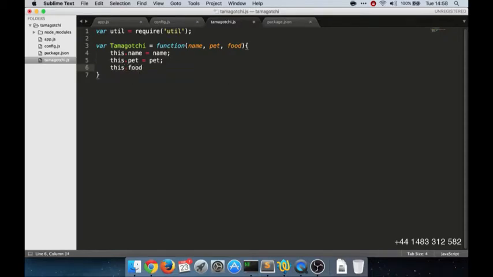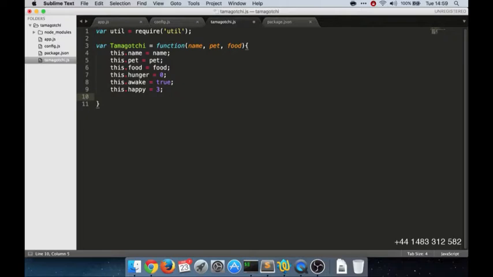These.food equals food. So I think you get the idea, right? Now I'm also going to start my Tamagotchi with some default attributes, like hunger, for example. When my Tamagotchi is born, it's not going to be hungry. If I play with it, then it gets hungry. I also want to make sure that my Tamagotchi is awake when it's born. Like, I don't want it to be asleep. So I'm going to set that to true. And my Tamagotchi is going to be happy as well, because it's just been born,